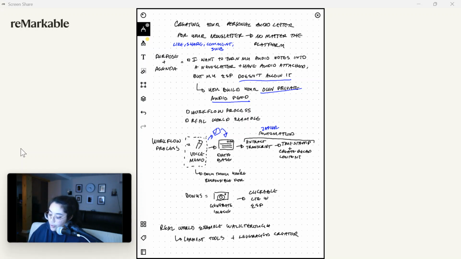And so the workflow process, literally, I'm only in charge of two things. If I can't do these two things, then yeah, I don't know how else you could do it. But I'm responsible for the content creation. So I literally create a voice memo. And there's a tool that I use specifically to do that. Definitely comment tools, and I'll send you all the software recommendations to make this happen. But I record a voice memo.